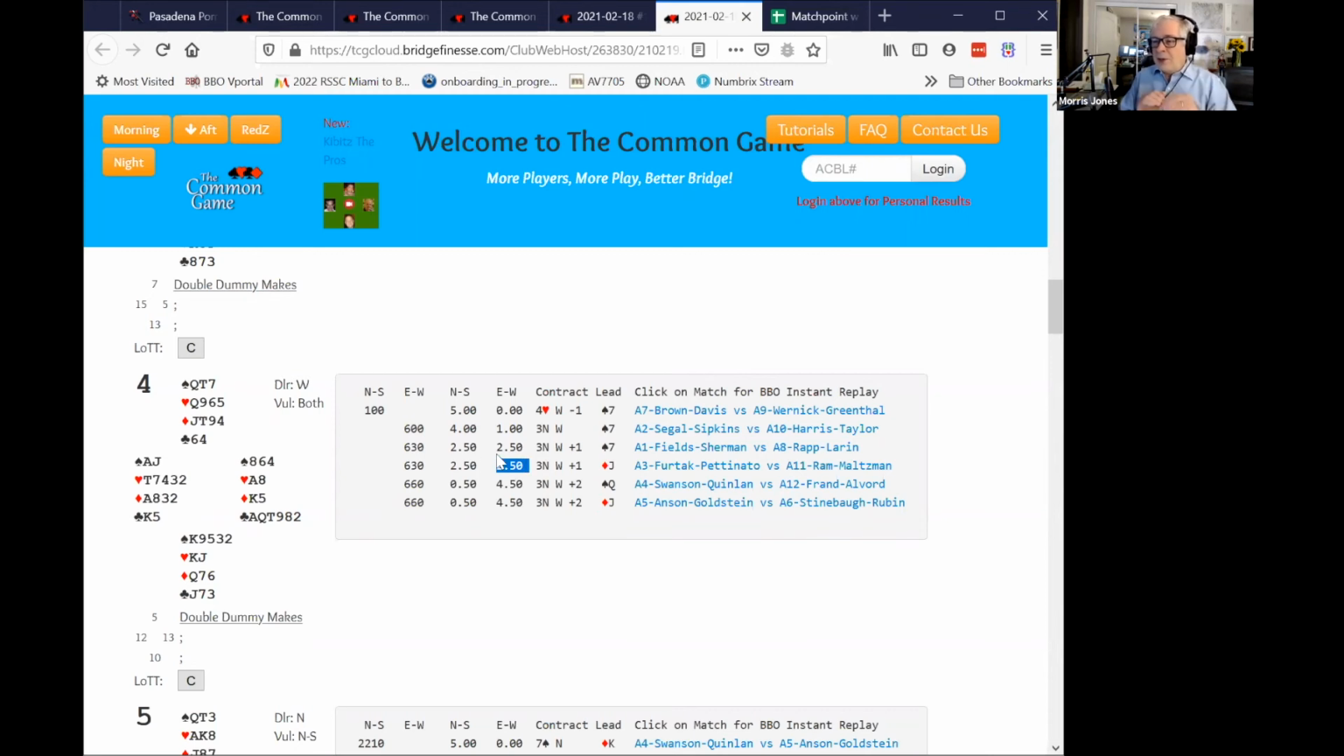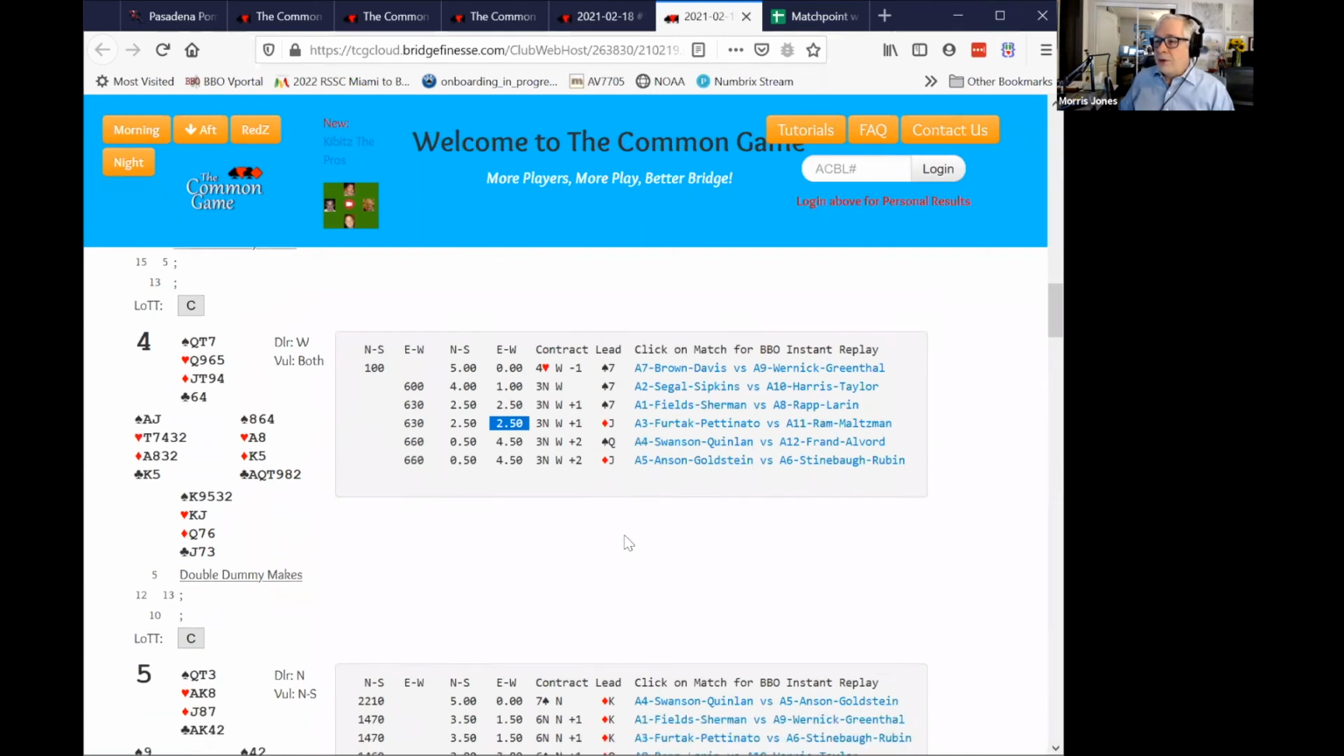Now in match points, that's an enormous difference between 4.5 and 2.5 as a percentage. You look at the absolute score, it's tiny. It's the difference between 660 and 630. If you're playing at the kitchen table for a penny a point or what have you, this is a 30-cent difference. In match point duplicate bridge, it's an enormous difference. And because of that, match points distort the value of overtricks. It also is